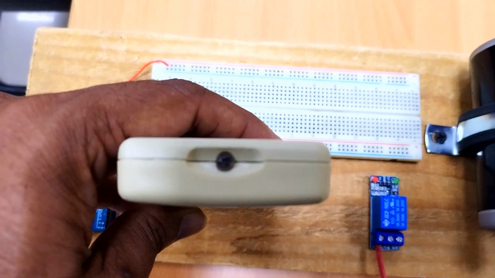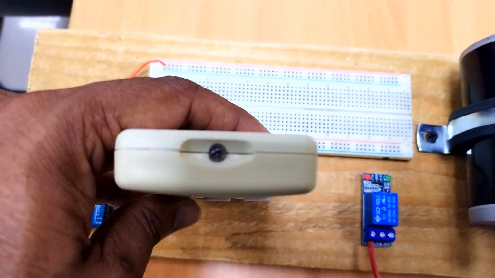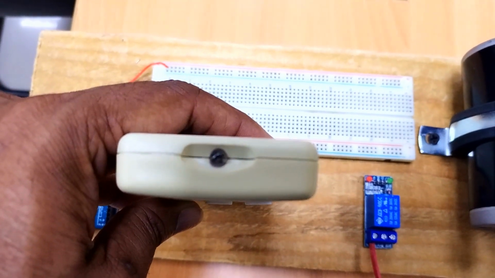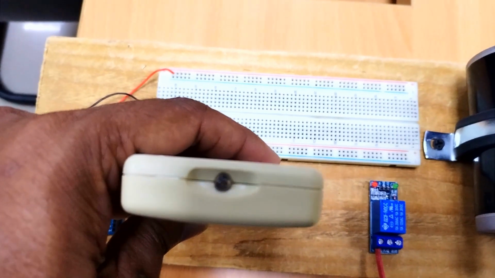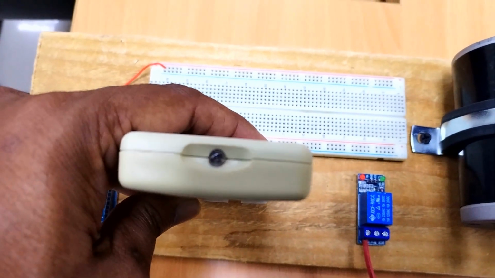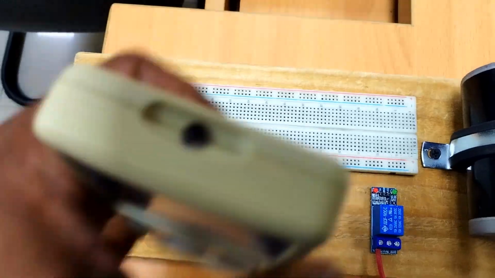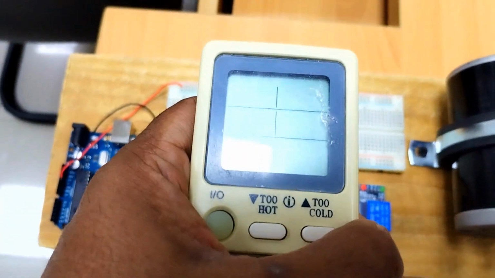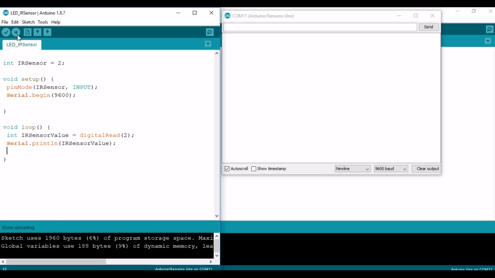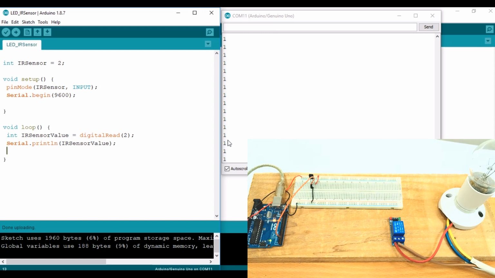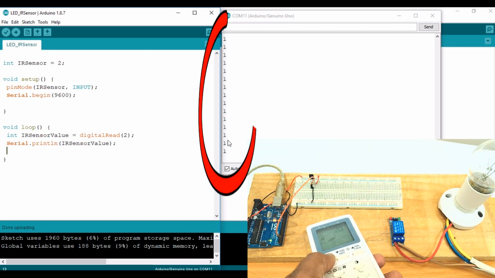We cannot see infrared with our eyes, but we can open the camera and focus the IR into the camera vision. When you press the button, you can see IR rays being emitted. After checking the transmitter, we can start applying our control. You can see the serial monitor value. The output pin of the IR sensor is at a high value. When I press the remote, it gives a 0 value. The moment I press,